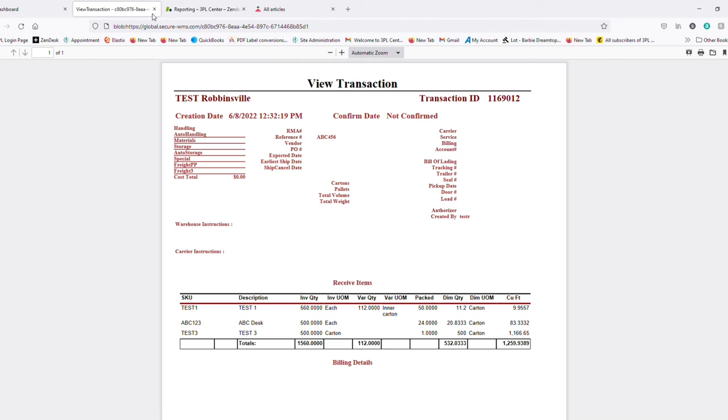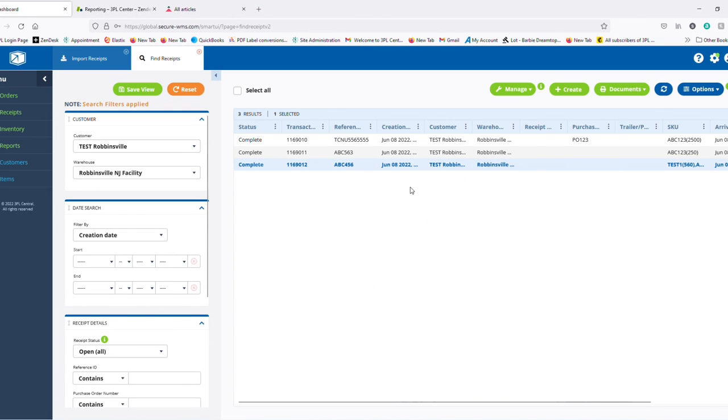And that is all you have to know on importing or creating your receipts in the 3PL system. If you have any further questions, please feel free to email our customer service team. Their email address is